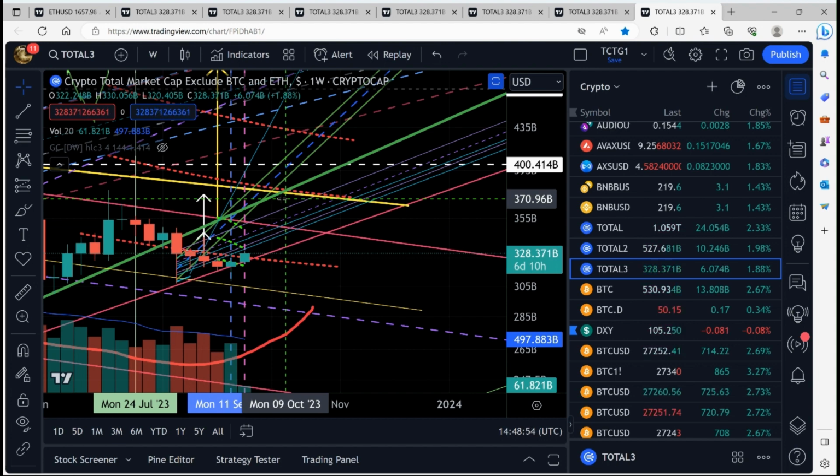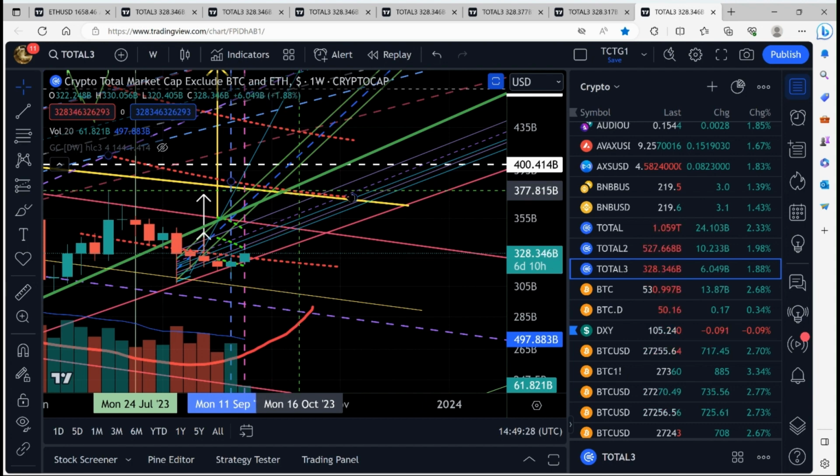Yeah, probably sometime mid-October. That's what the charts are showing, that mid-October is going to be pretty big. Well, I believe we'll see price action heading up significantly into mid-October. And you can see this yellow line and the center of the weekly Gaussian channel are meeting up here at this point.